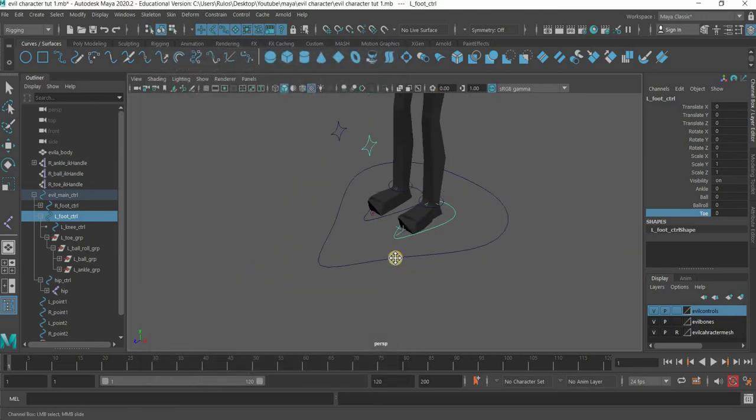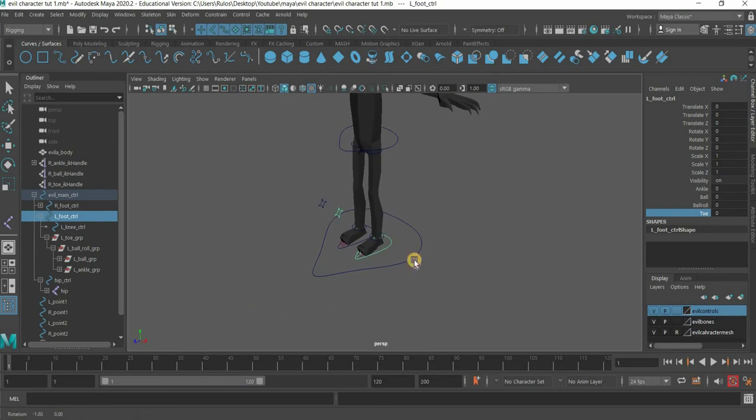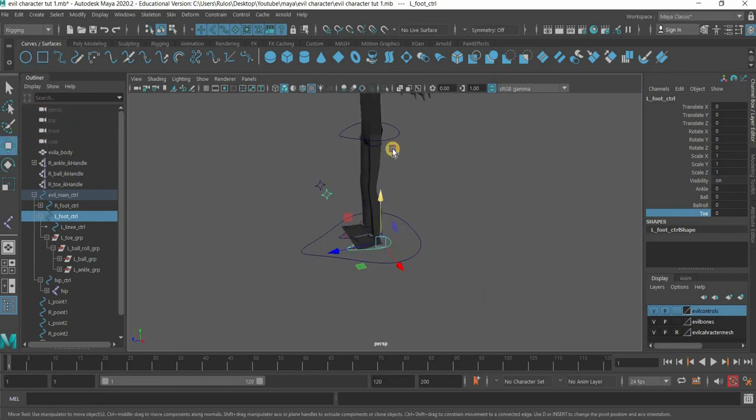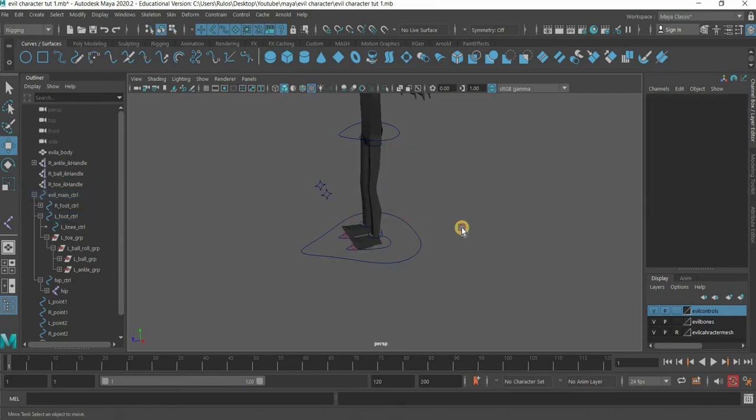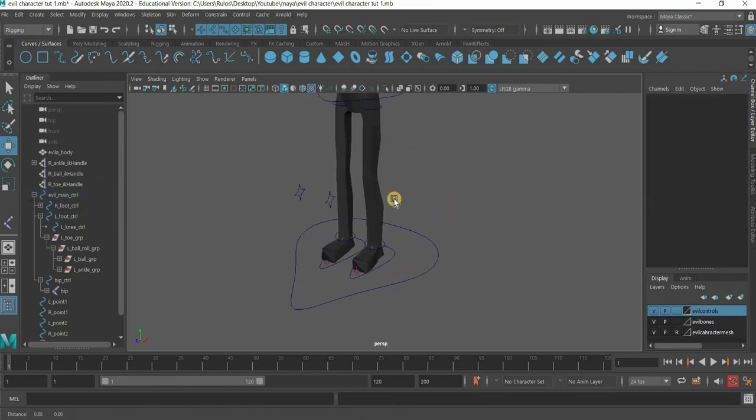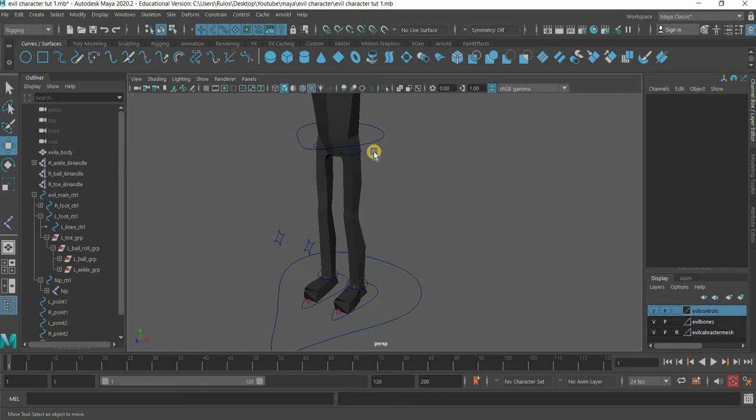Okay. So now our rigging basically is complete. If you want, you can do the second leg and it will be ready for animation. But if you want to create the stretchy bones, then what you need to do is